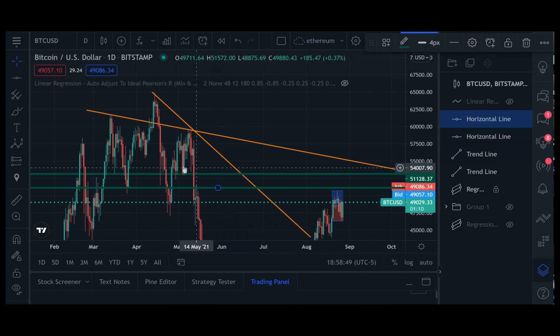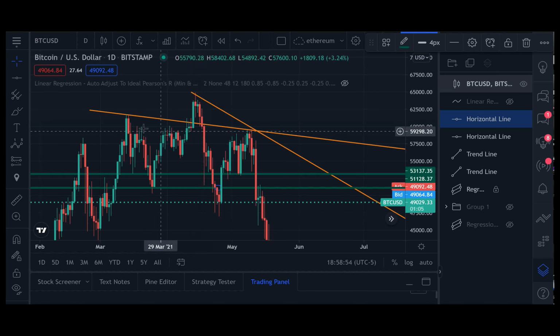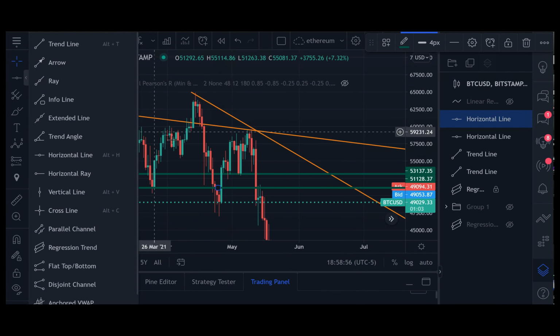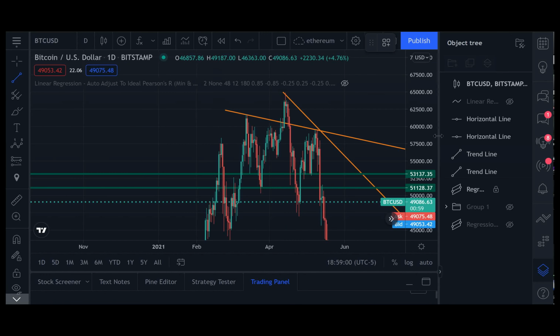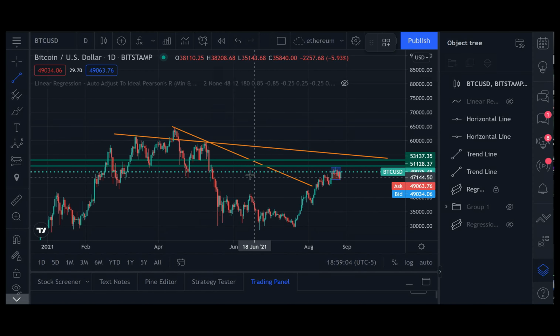You draw lines, you find combinations from the past data, because on the distribution part of the Wyckoff model, and we know that this is quite true, that this is a distribution, you can